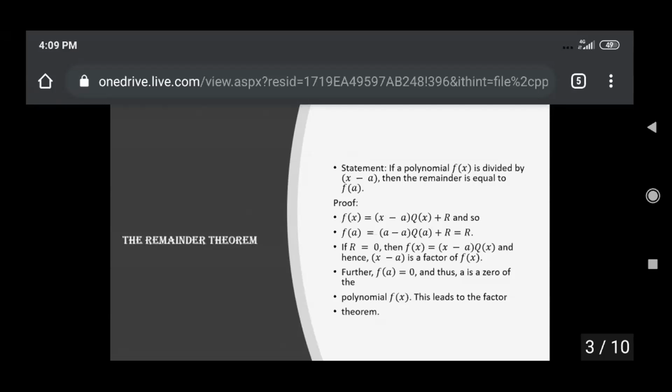And if in some question r is equal to 0, then we can directly write the equation as f of x